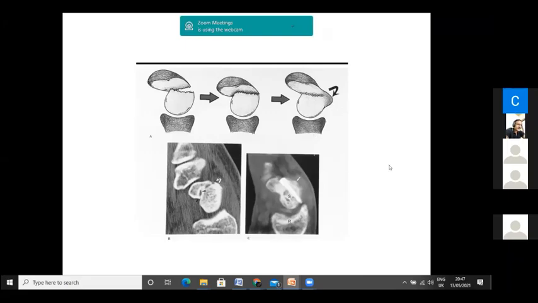And what is the type of pattern in the lunate you can expect in a scaphoid non-union? VISI or DISI? Gautam, can you explain? In a scaphoid non-union, what sort of a pattern? VISI pattern or DISI pattern in the long term? Since the scaphoid is non-union, the lunate will move, so it will go dorsal. Okay, nicely explained. That's it.